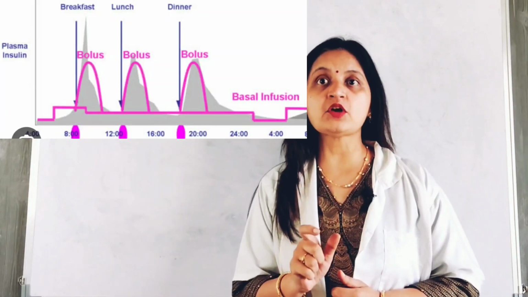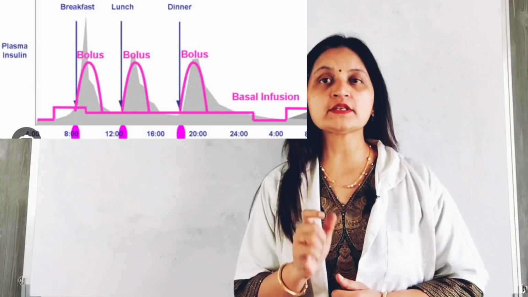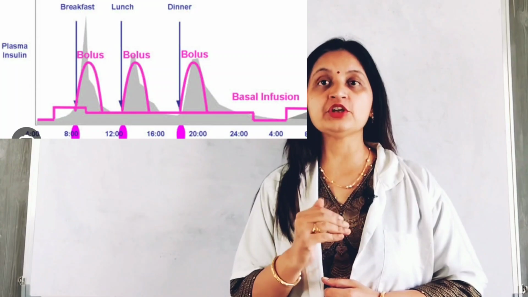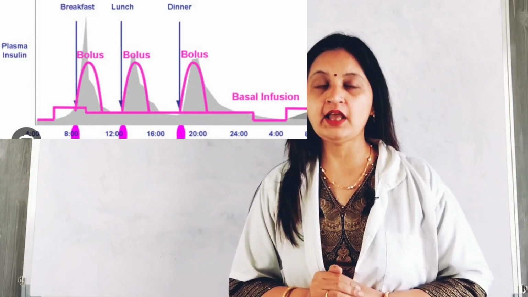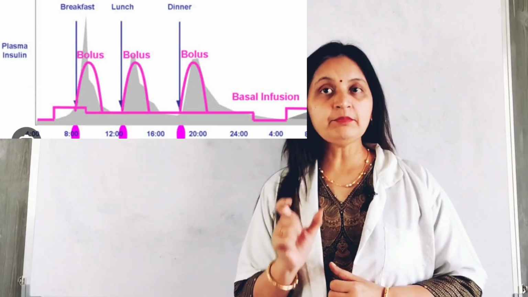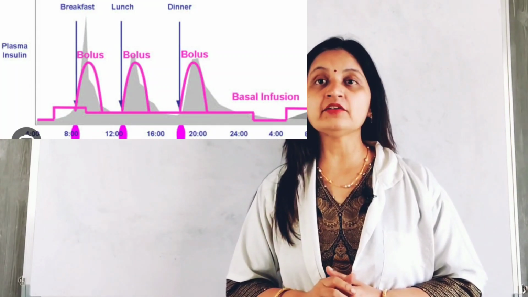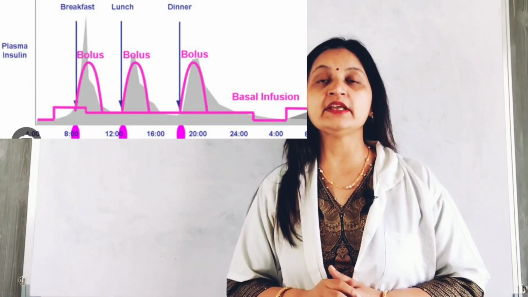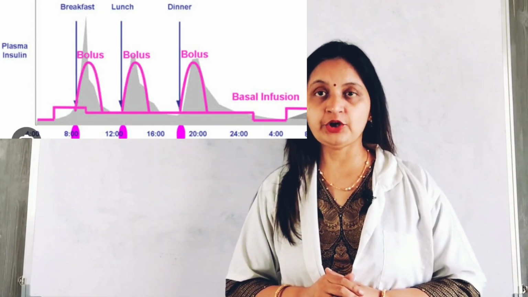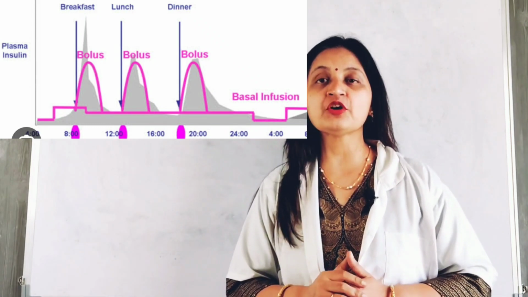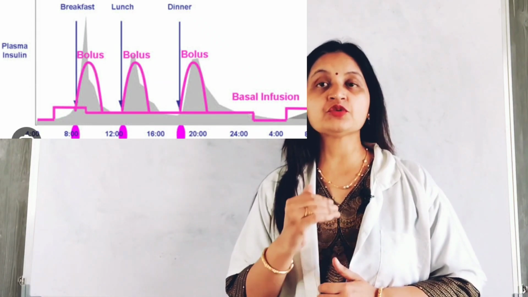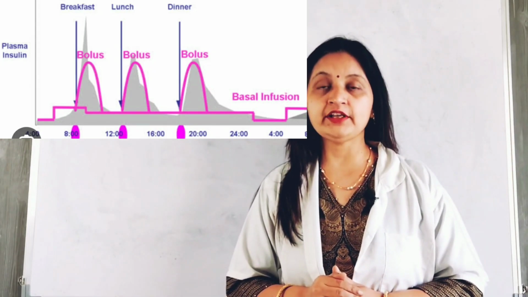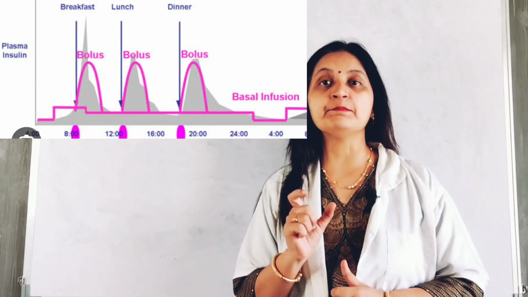The pancreas secretes boluses of insulin at high doses in response to meals. This is to reduce the glucose surge, or to reduce the spike in the blood glucose level after meals. But in between meals and overnight, the pancreas secretes a small amount of insulin continuously, and this helps in maintaining the blood glucose level in the normal range, promotes utilization of glucose by various tissues, and reduces glucose output by the liver. So this helps to maintain the blood glucose level in the normal range, and this is known as basal